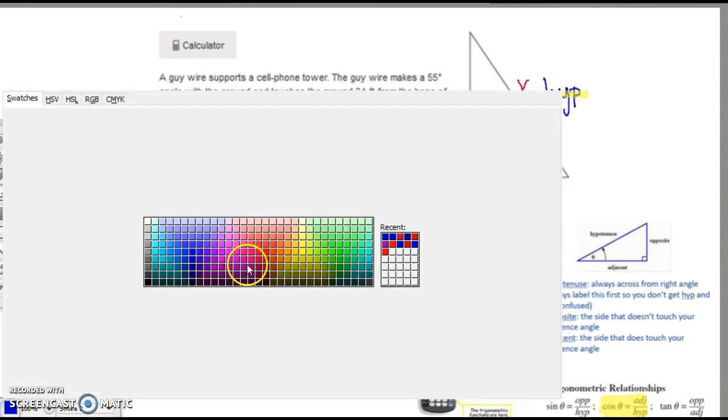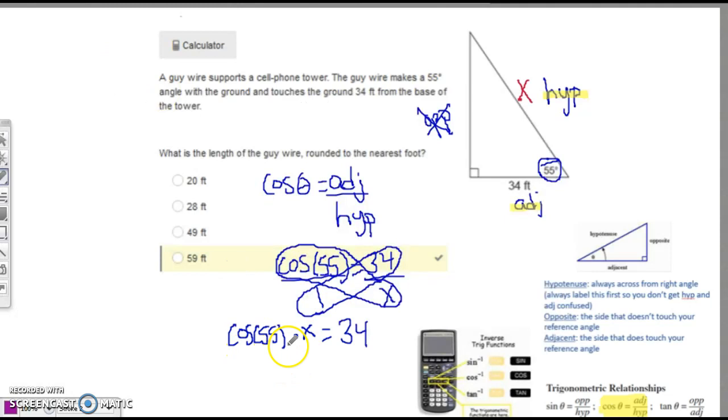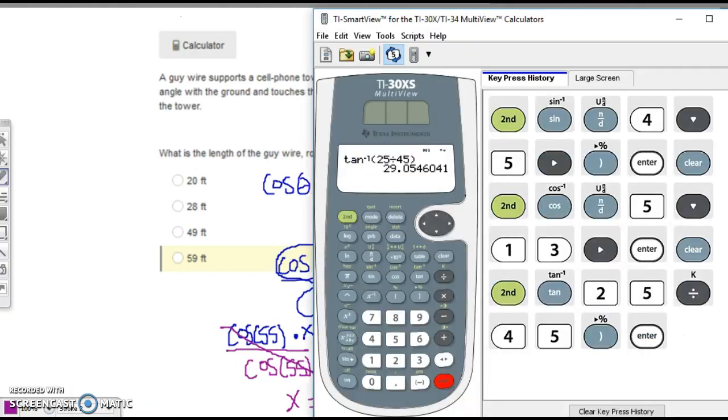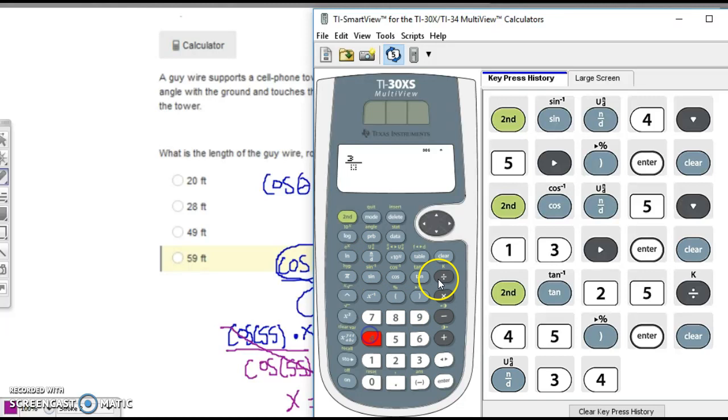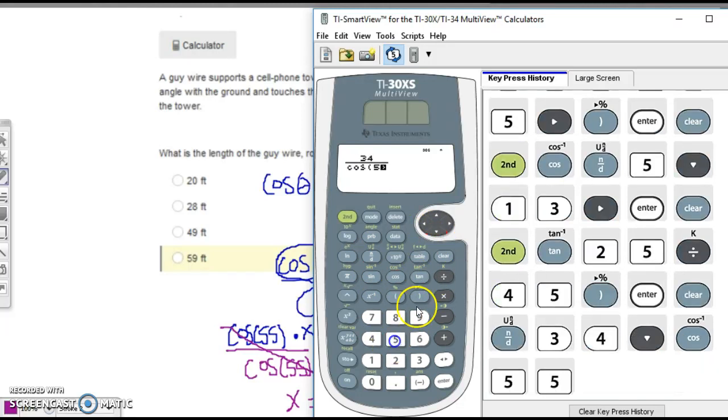I'm trying to solve for x, which means I need to get rid of cosine of 55. Right now, I'm multiplying. The inverse is not to do inverse cosine. To get rid of multiplying, you have to divide. So every time you see a problem, you have to ask yourself, okay, how would that cancel? What would I need to do to make it go away? So cosine of 55 would cancel, leaving me with just x. And then I would type this in my calculator: 34 divided by the cosine of 55. So we could either use the fraction button or we could use the division button. So 34 divided by cosine of 55